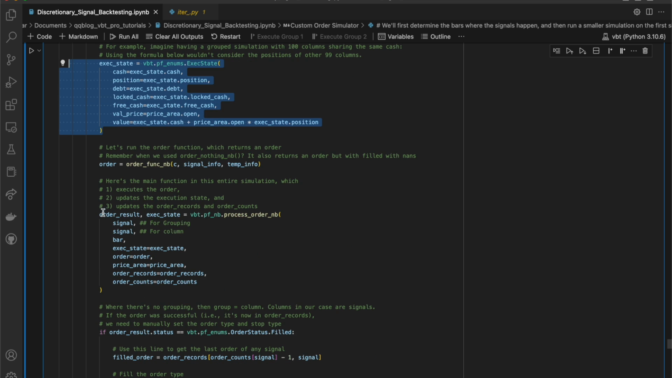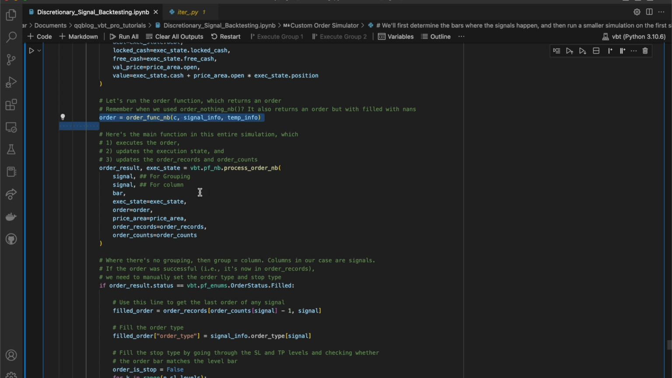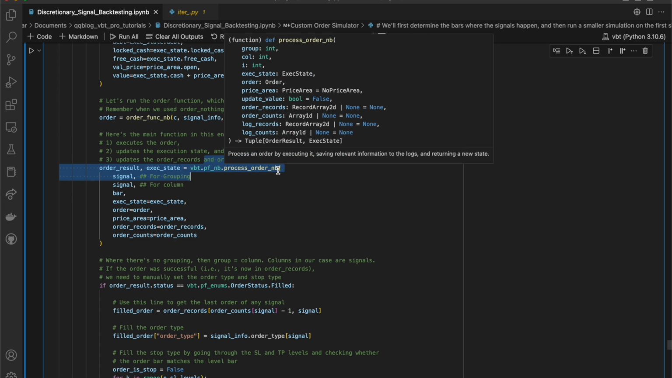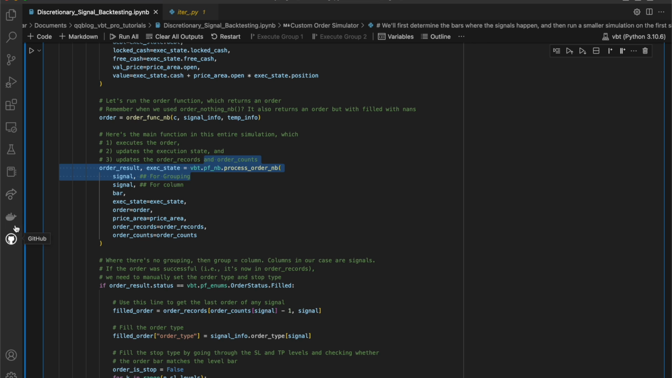Now let's call our order func nb function, which we had seen in section 3, and that basically returns an order. Now here's the main function in this entire simulation, this process order nb. Its purposes are: it executes the order, it updates the execution state,